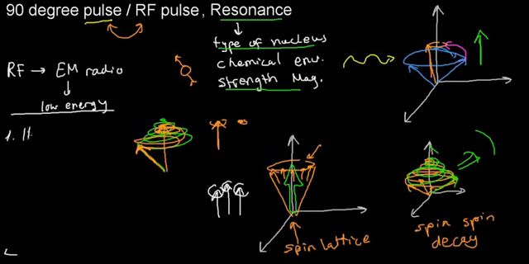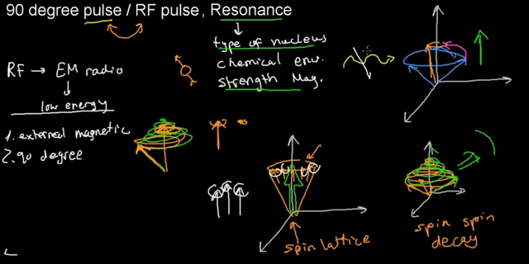So I'm just going to write external magnetic field. And then what happens, I'm using a 90-degree or RF pulse. You can think of it in any way you want. So let's just say 90 degree. And now what happens is I have my respective spin states, and this happens to all the nuclei at the same time,